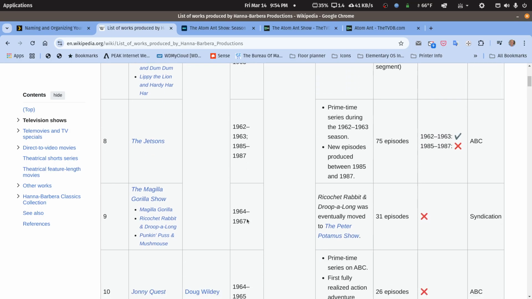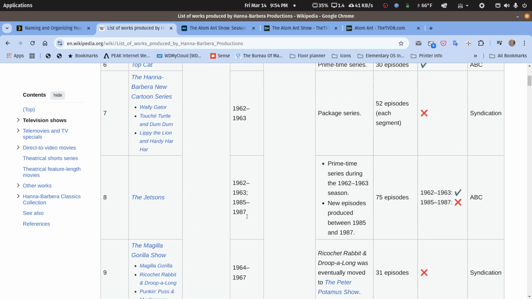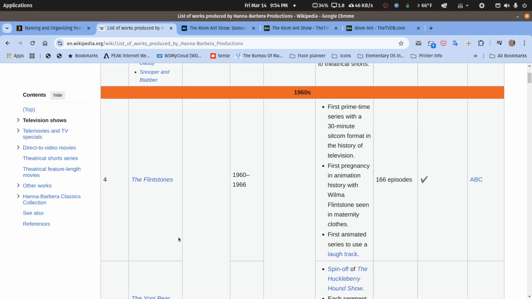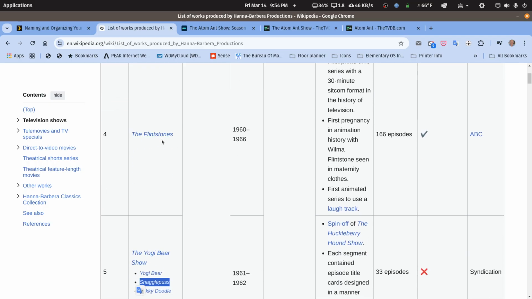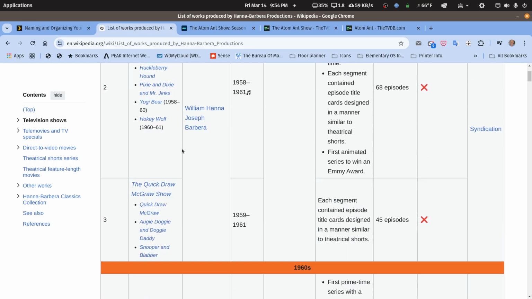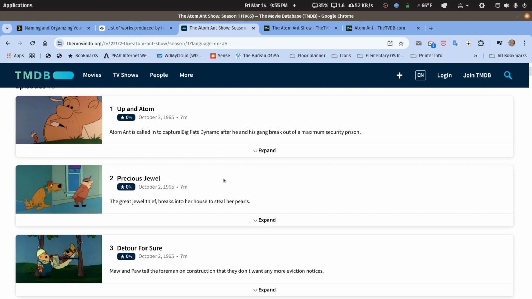You'll see this with different Hanna-Barbera cartoons. Something like the Flintstones, it was just the series, so you don't have any of the mixture. So if that got released to DVD, there was only the Flintstone characters and nothing else to sort out of it. Okay, so this is the actual release. And I would trust this to be accurate. If we go over here to